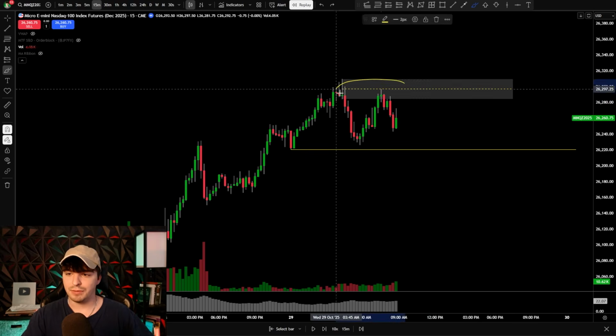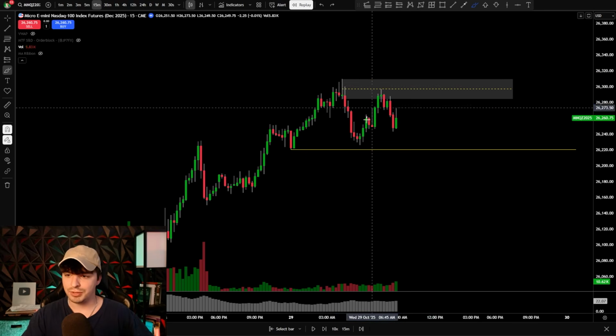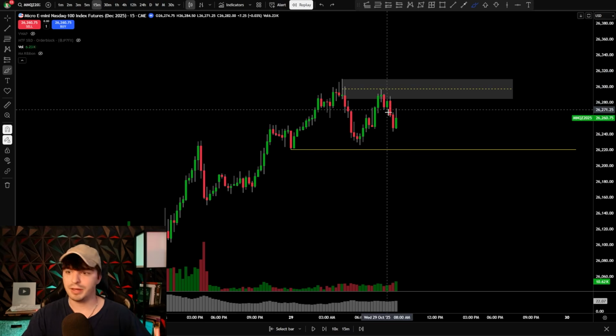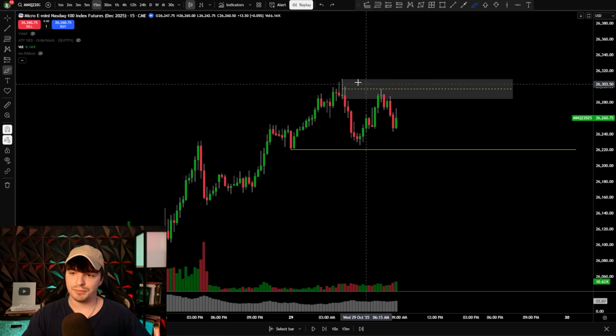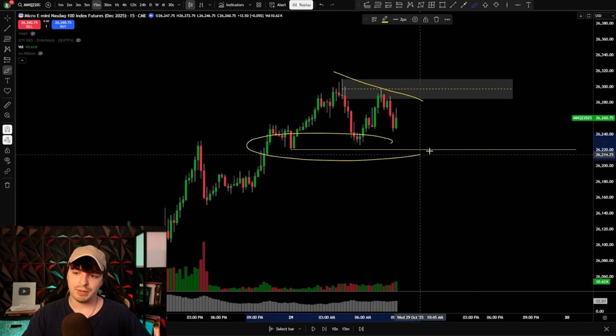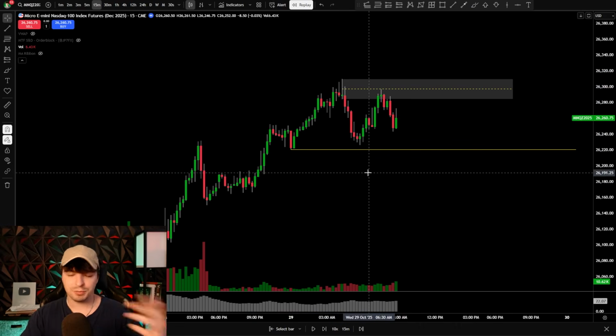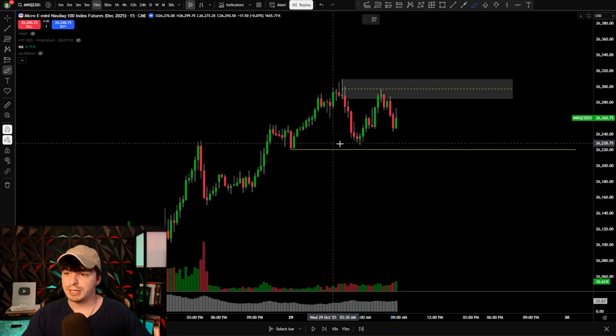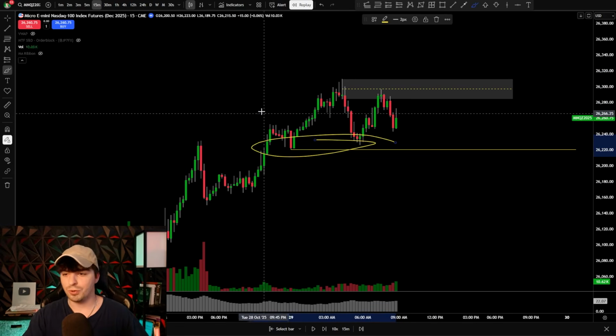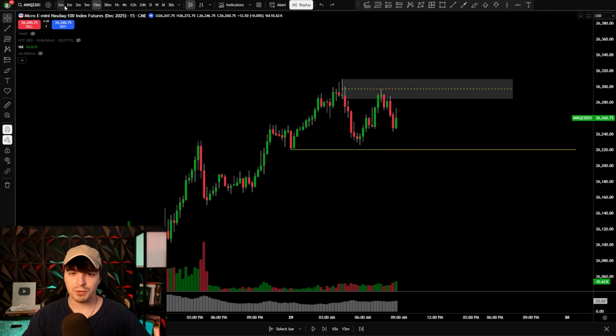And so if you have an imbalance area, right, where's the next point that you should go to? Another area of imbalance or liquidity. In this case, the liquidity is down here. So we've created a lower high and we have liquidity down in here. And so my bias now, where is price going? Logically, where do you think price is going? Down to these lows. So that's how I'm going to trade accordingly on the smaller time frames.